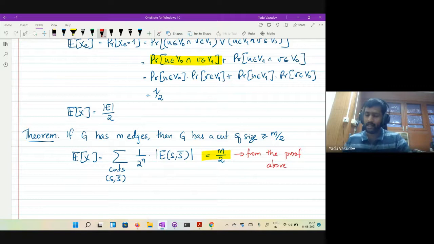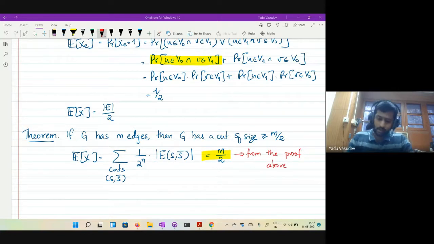Right, we don't really care about the graph. We didn't actually look at the structure of the graph or anything, but there are two ways in which you can look at this expectation. One based on the first principles definition, which is what is written first, and then we analyzed it in a different way, right? And we said that this value must be equal to m over 2.